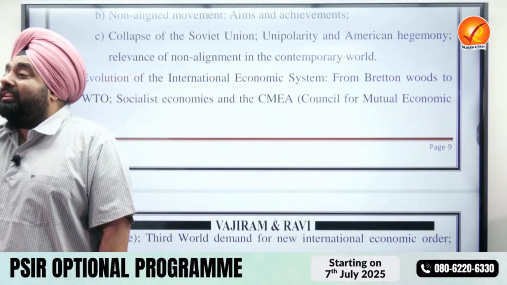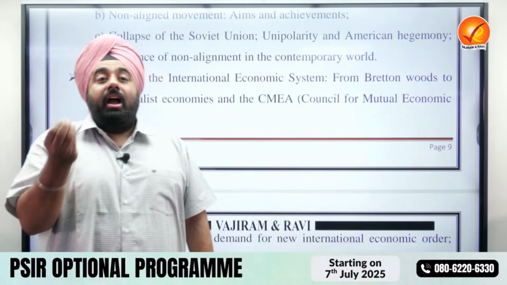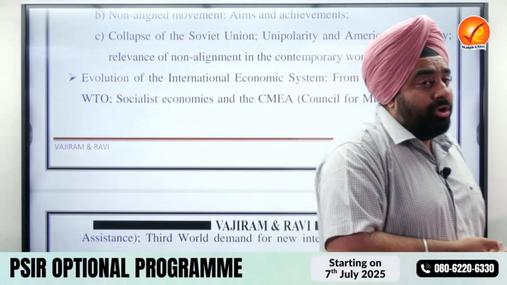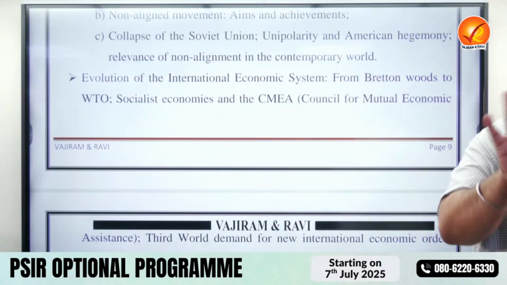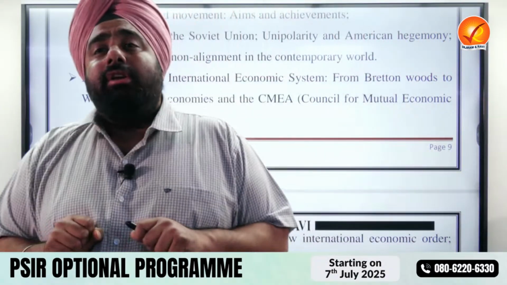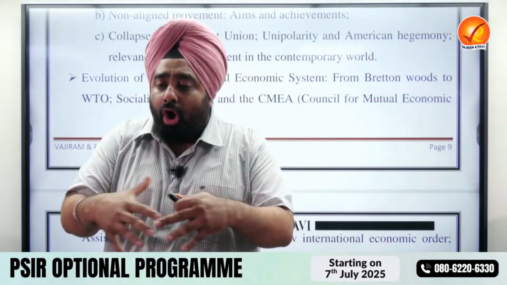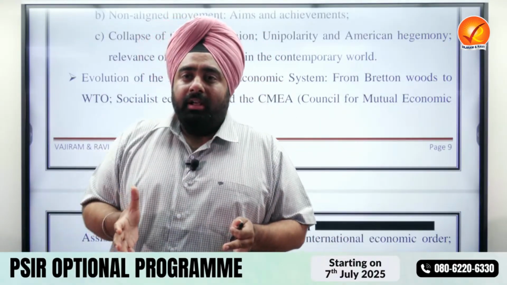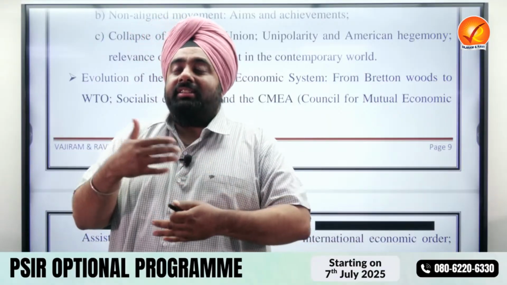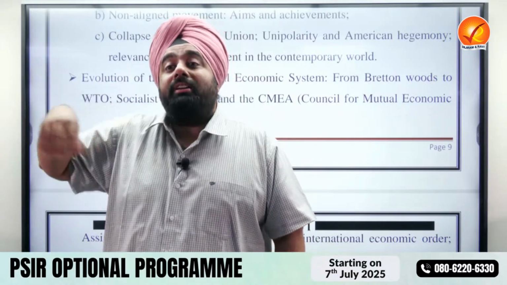are known as Bretton Woods institutions. You know which are Bretton Woods institutions? IMF, World Bank, and now you even have WTO, World Trade Organization. Now, why are they called Bretton Woods institutions? During the Second World War, students, the Western countries decided to have a conference on the world economy. They said let's all meet and try to create such a system which will help us stabilize the world economy and ensure prosperity of the world.